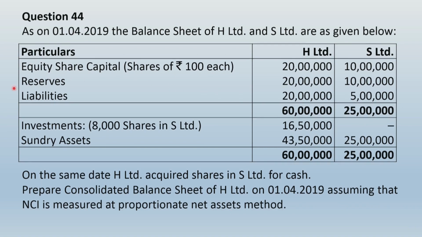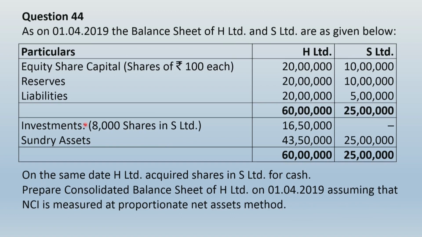As a result, the reserves that represent other equity of both the companies, all these reserves and profit balances included over here, are representing all the profits earned up to the date of acquisition. So we are finding one thing very clearly, that after the acquisition, not a single rupee of profit has been earned by either company, particularly by the subsidiary company. So observe one thing: the acquisition of these shares has already been recorded by the company H Limited.